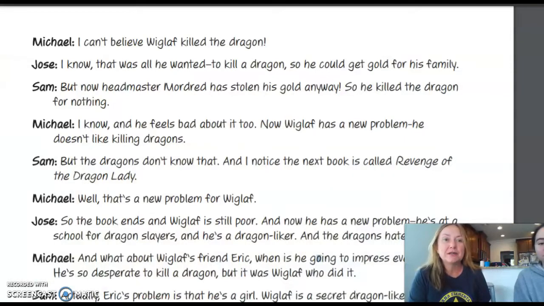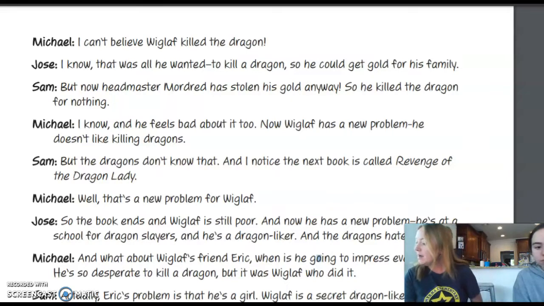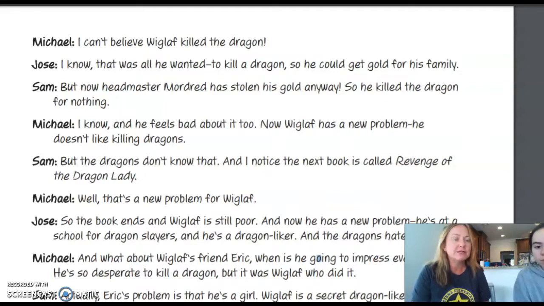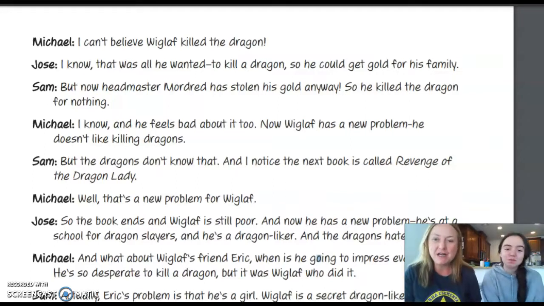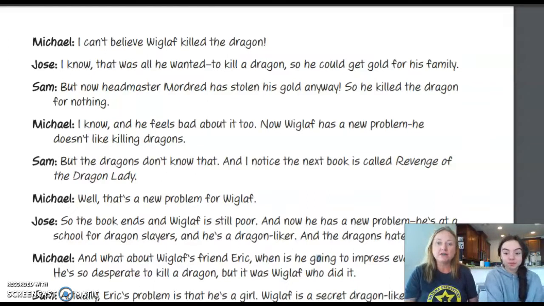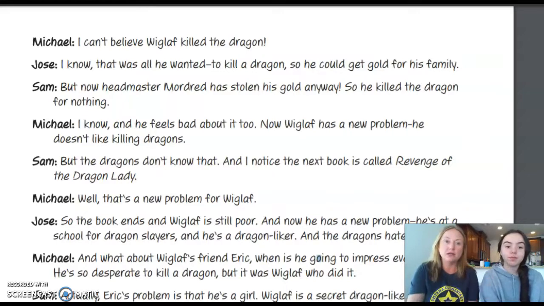This is a transcript of a book club between Michael and Jose. They just finished reading, or they are reading, Dragon Slayers Academy. And the purpose of reading this is to show you how complex text can get quite confusing. So I'm going to read this to you, but I want you to listen and read along as I read it. I'm going to be Michael, and my special assistant here, Rosie, is going to be Jose. And I want you to pay attention to how confusing a book can get really quick. Okay, you ready, Rosie?